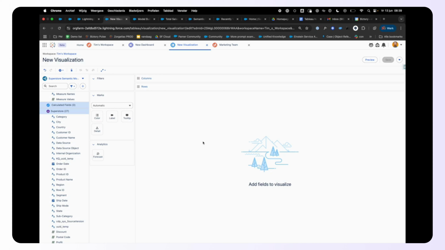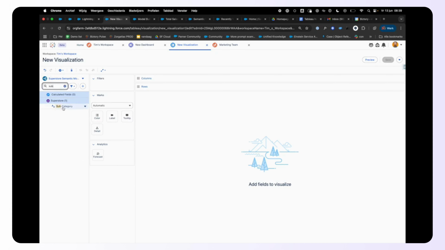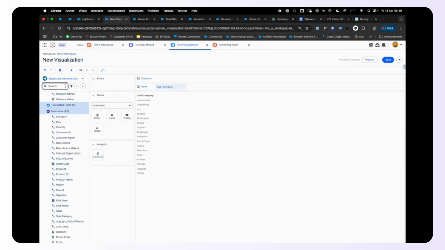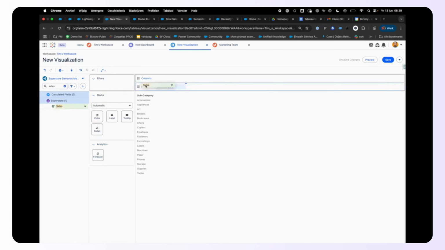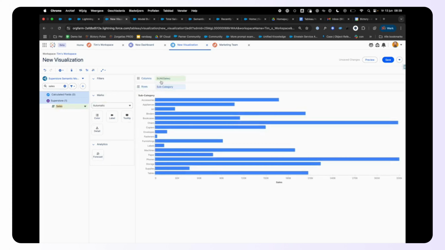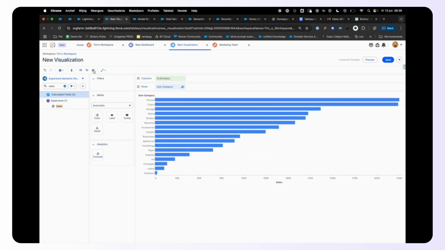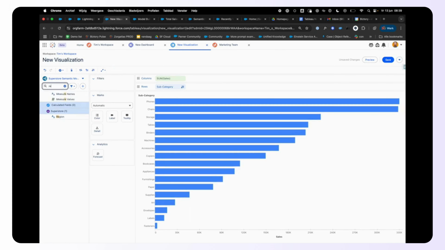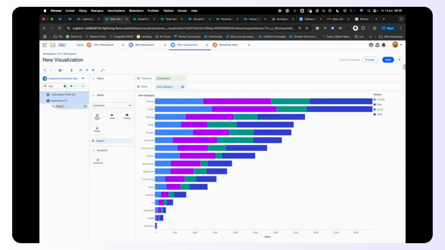What makes this so awesome is the fact that it's drag and drop and not so much click and configure. For example, I want to see my sales per subcategory of my products. I can grab the subcategory and put it on my rows. And I want to add my sales and drag it on my columns. I can sort it very easily, clicking sort top down. I can also ask it to fit the entire view. And if I want to split the color by region, I can grab region and put it on color. There you go. There are a lot more options here, too much for this little demo, but the idea is that